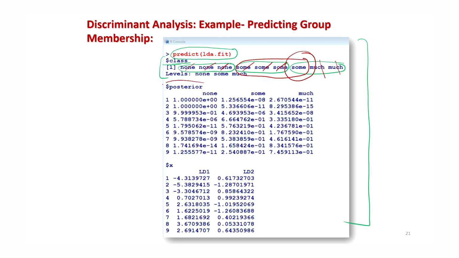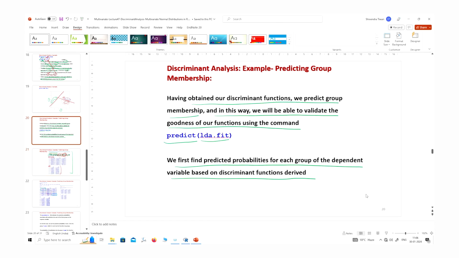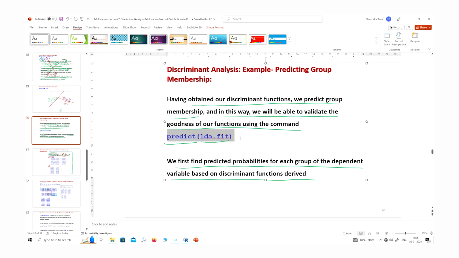Similarly, the posterior is giving you the probabilities obtained by this LDA fit, where the LDA fit classifies the observation into that particular group. I will explain this. Then it gives the value of x, using this LD1 and LD2, that is, the scores when I give a particular set of data to LD1 and LD2. Right. So let me first show you this command in the R software.